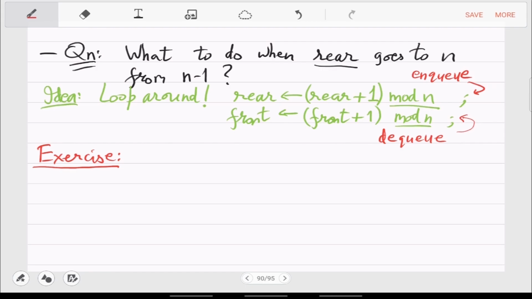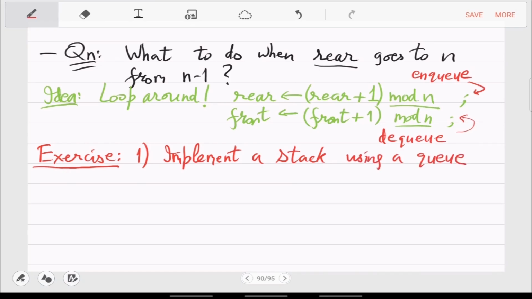We'll see one interesting example in pseudocode of how a queue can be used cleverly. But before that, there are many interesting comparison questions about stack and queue. So they are somehow related, although not efficiently. So for example, can you implement a stack by a queue? Is it possible to implement a stack using a queue?